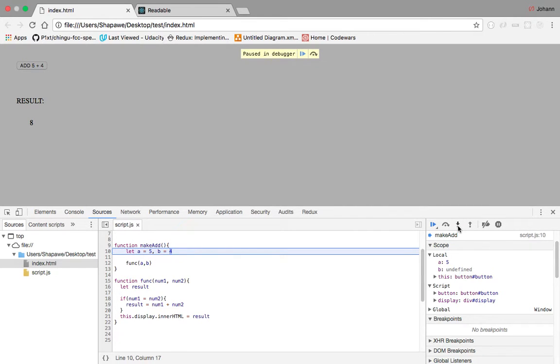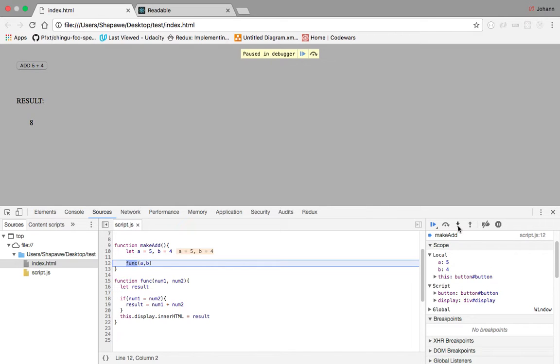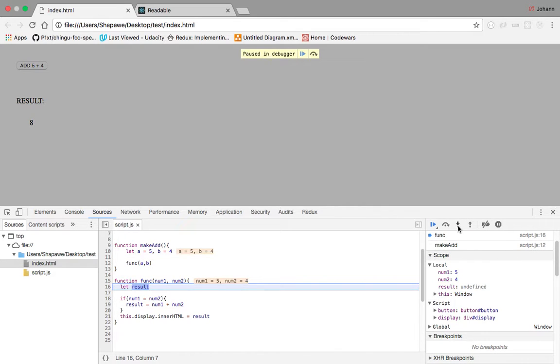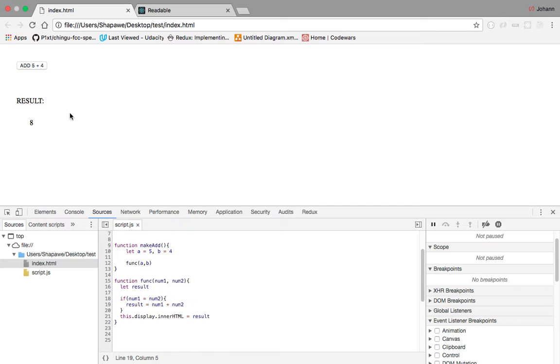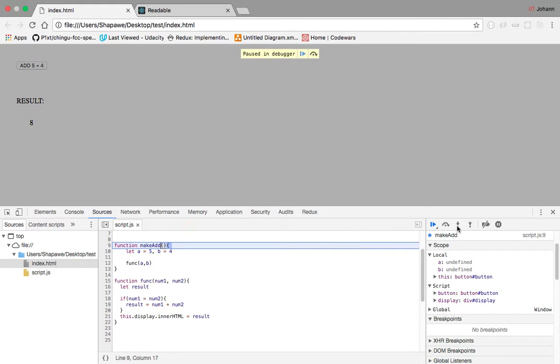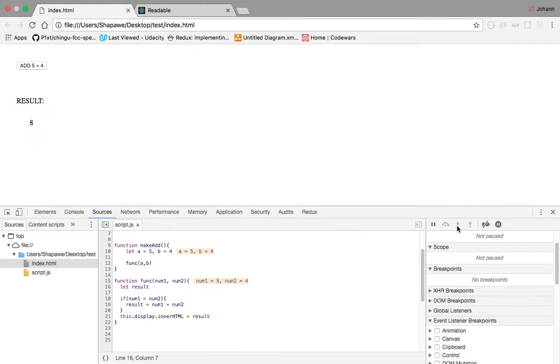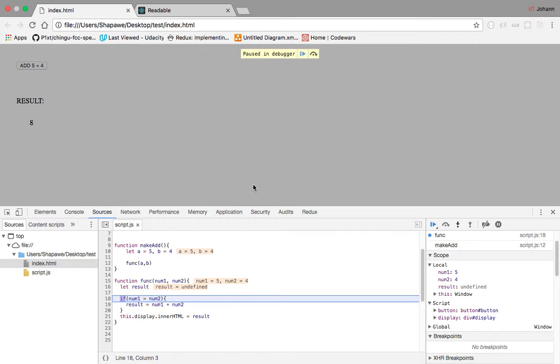It takes me through the steps and it indicates what's happening to the variables. So I see here that when I reach this point of the function, num1 is equal to 4 and num2 is equal to 4, which is not what I had intended. I'll run the function and then I'll go again, and if I find where the mistake seems to be,